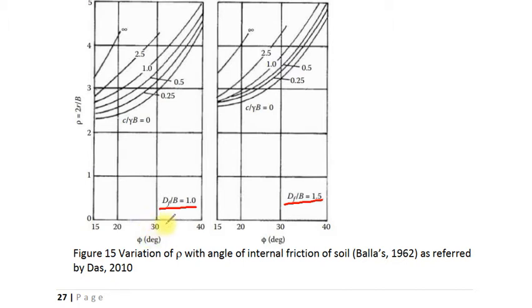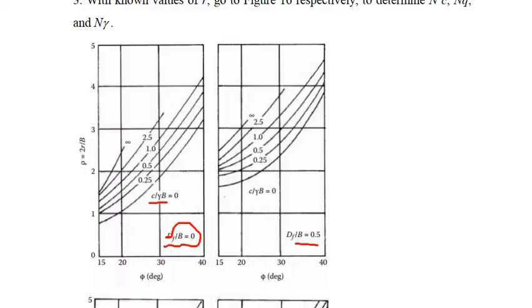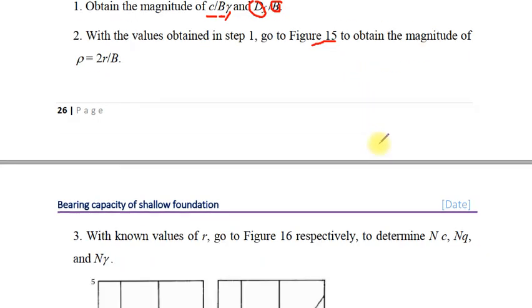Based on the value of phi, for example, if phi equals 30 and Df over B equals 1, and for the curve of c over gamma B equal to 1, we can get the value of rho. According to the value of rho, you can obtain the bearing capacity factors Nc, Nq, and N gamma